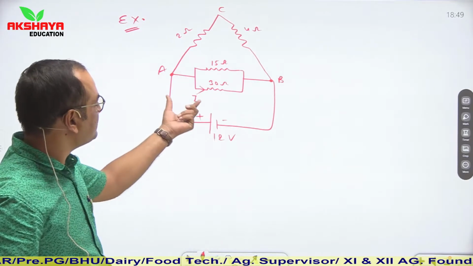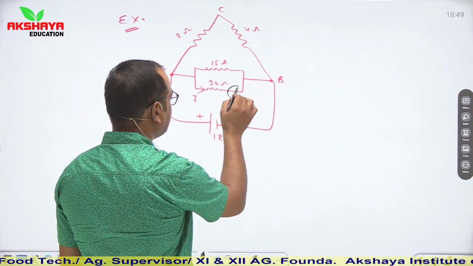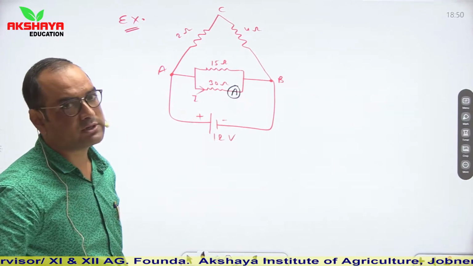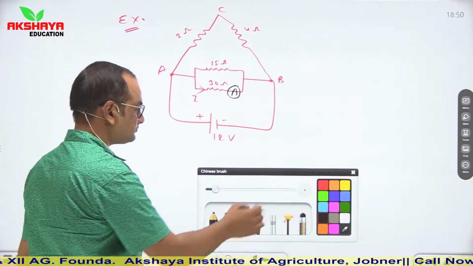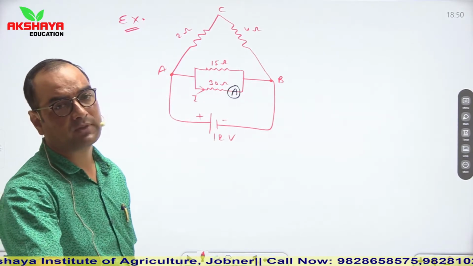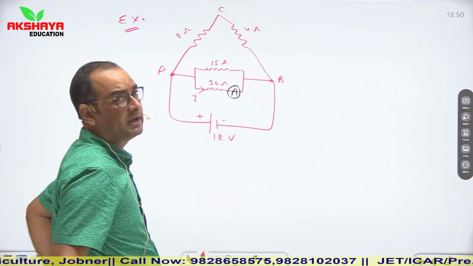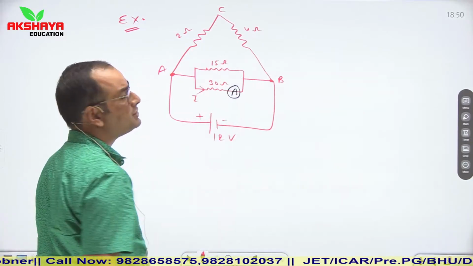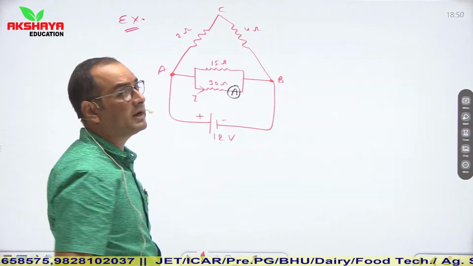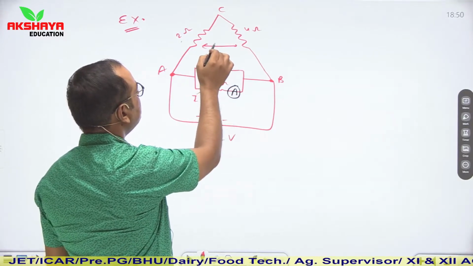So either you may be asked directly the value of current flowing through it, or you may be given an ammeter connected in its series, and you may be asked what is the reading of the ammeter. So this is a pattern of question. Let us see how it is calculated. In such a combination, first of all we have to calculate the equivalent resistance between these ends A and B. These two ends are fixed. It means here these two resistances are in series combination. These are simply wires. So both 2 and 4 ohm are connected in series. So 2 plus 4, their resultant is 6 ohms.